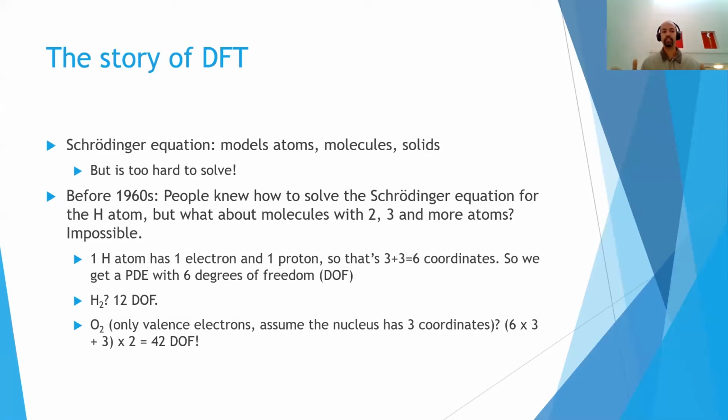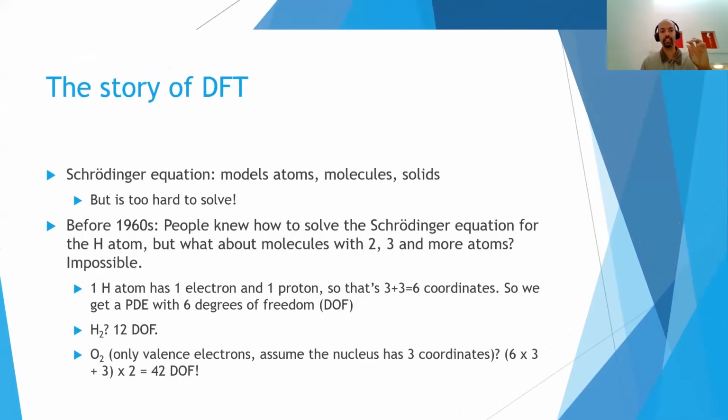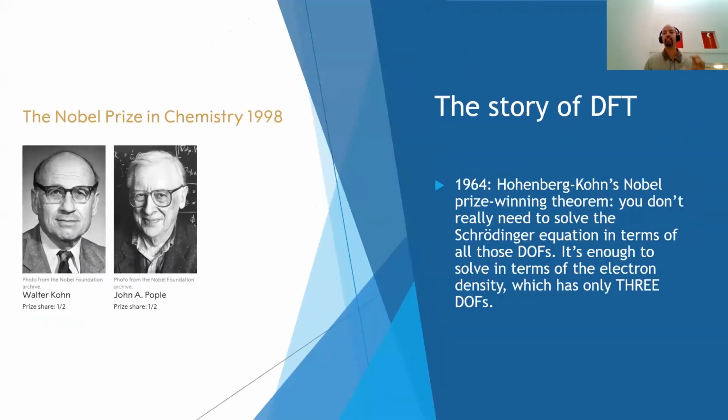But when you go to a hydrogen molecule, it doubles that, makes it much harder. And when you go to an oxygen molecule, it's even harder. I'm talking really, really small things, you see, and the Schrödinger equation is really hard to solve for these little things. But then a big turn of events happened when Hohenberg and Kohn, the Nobel Prize winners